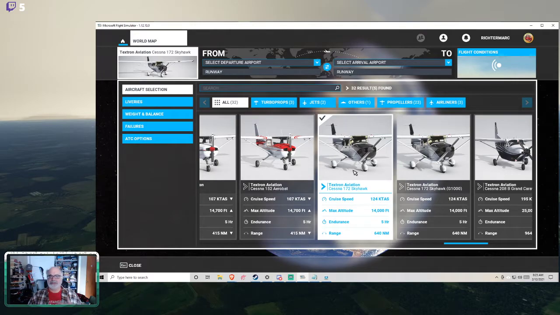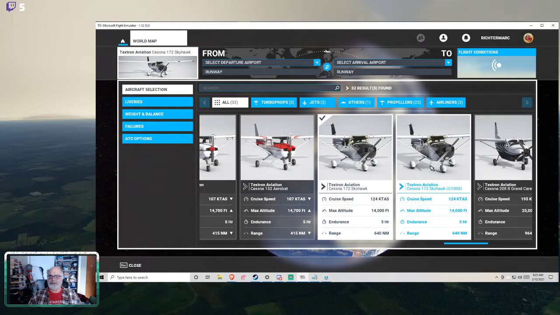But for this, my usual aircraft is the Cessna 172 Skyhawk. The one that comes with the standard version of the simulator is the 172 Skyhawk with the Garmin 1000 glass cockpit, which is super cool. It's basically LCD flat screens and really, really fantastic avionics. I upgraded to the Premium Deluxe because I wanted all the aircraft first of all, but I want the classic 172